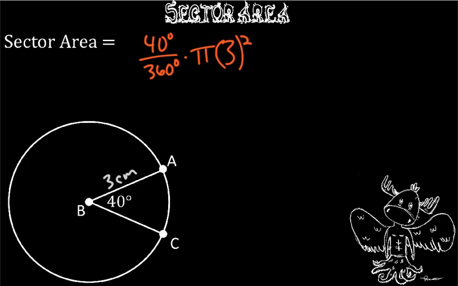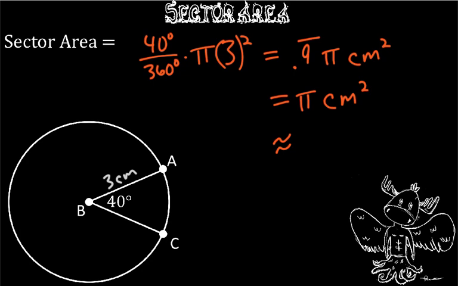When we give the exact answer for that, we get 0.9 repeating times pi centimeters squared. And an interesting thing about 0.9 repeating is that it's actually 1. So here we have pi centimeters squared. And if we want to give an estimate, it's approximately